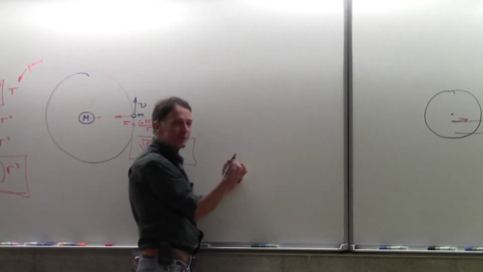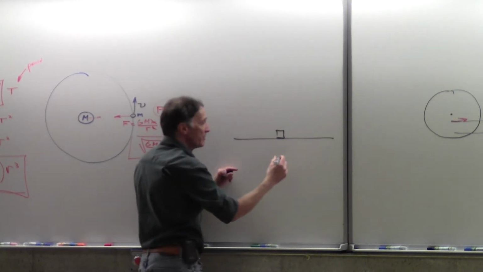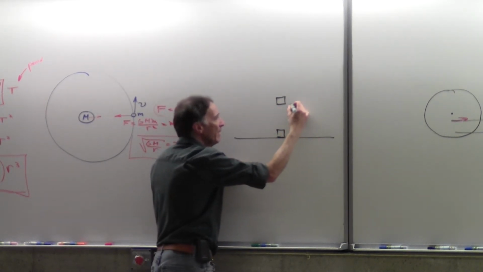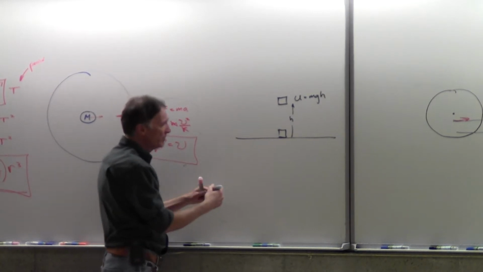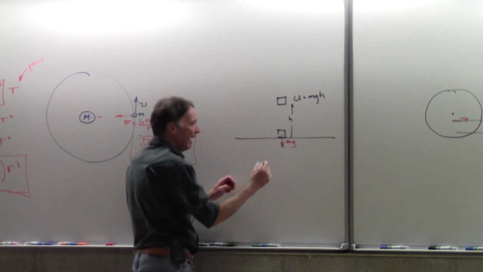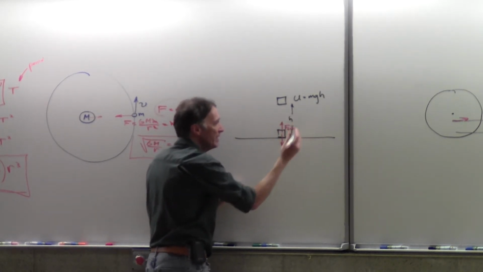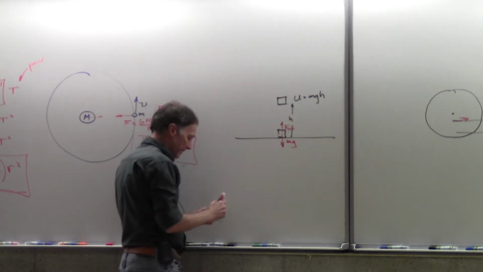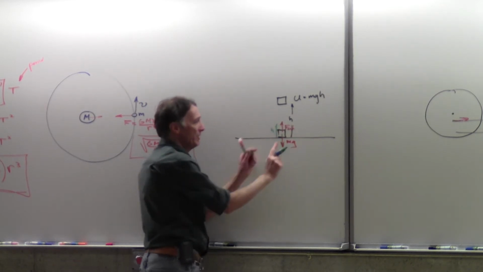Just to remind you, good old days when the Earth was flat, the ground would be like this. If I had some kind of a box, and I wanted to lift it up to some height, it goes up some h, and the potential energy is going to be equal to mgh. But now look at what the forces are doing. When we're lifting this thing, gravity is pulling down with mg. I would have to apply an opposite directed force, the external force, to lift this thing up. Now, the work gravity does as I move up some distance h, with the displacement in the positive sense,